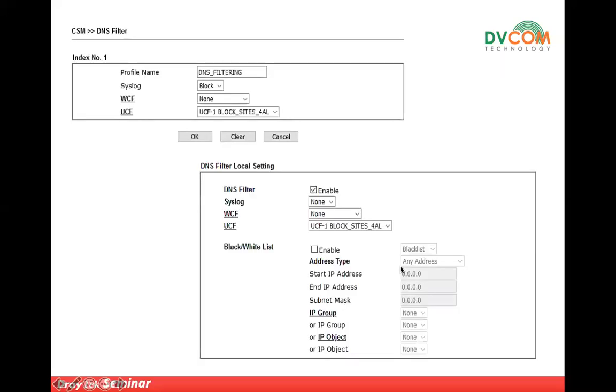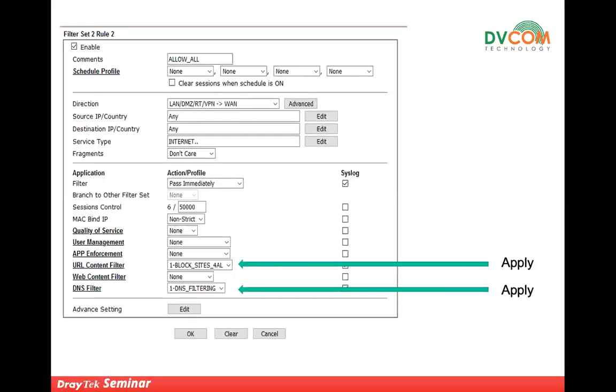Then after that, you just go to the DNS filtering. In case you want to block your HTTPS sites, just go to the DNS filtering and enable it. And the action, you just specify there as block. Then after that, go to the rule. So basically there are firewall rules over there. Inside the firewall rules, you can just specify the direction, LAN to WAN.